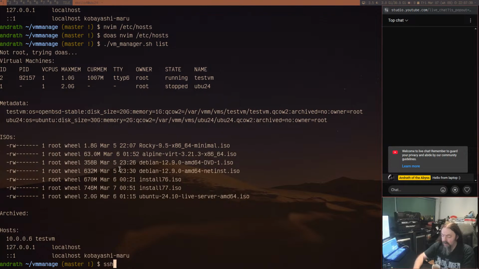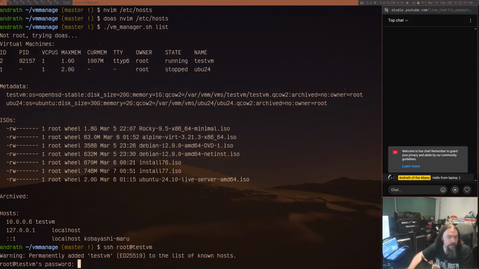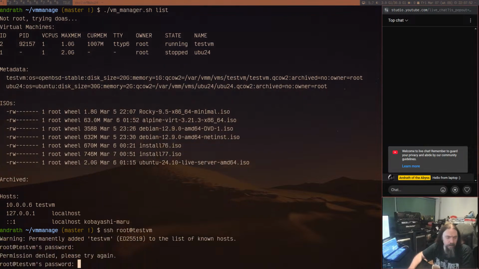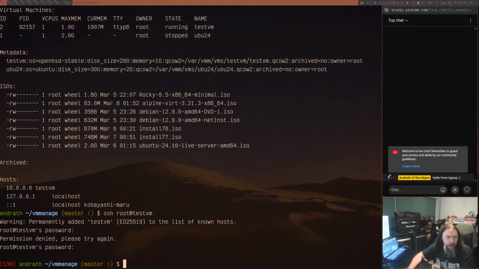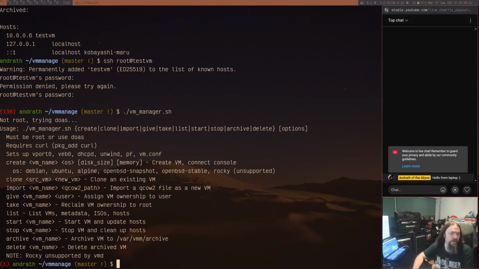So now you can do SSH. This won't work because we disabled the root login. But hey, it tries to log in, and you can also attach to the console, of course. I don't do that with the script. I could, but